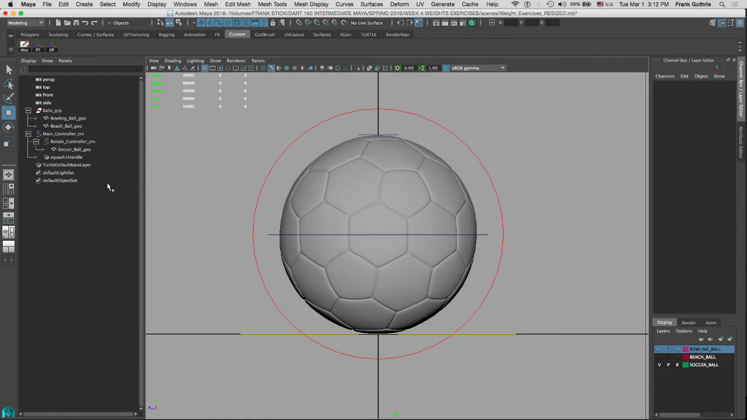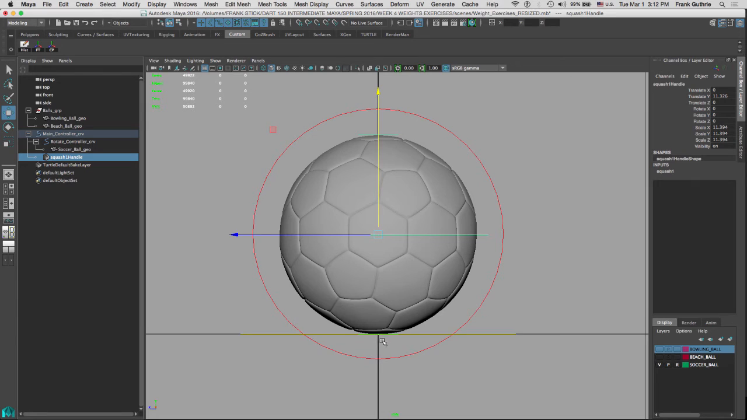Now that everything is connected, what we're going to do is set up the squash to occur at the bottom of the ball. So we are going to go to our squash handle right here. We're going to select it, and we're going to move it down. When we do that,